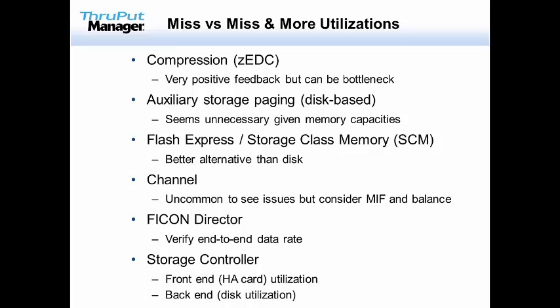Utilization of channels, for example. I'm not sure how often people will look at these, but if you consider that your overall system isn't just processing instructions, it's got to read and write data all the time. And ultimately, as big as memories might be, it's got to come from external storage, which means it's going to go out channels. Are you looking at your channel utilization? Probably something we used to look at, but now we've got blazing fast FICON, and we've got zHPF, z High Performance FICON. It might be a thing of the past, but it's worth looking at.